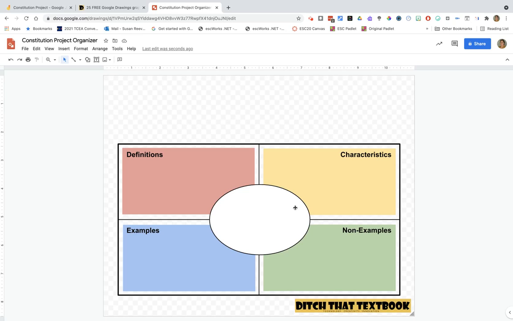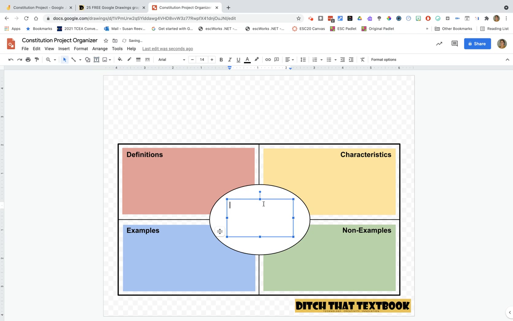I want to go ahead and put the keyword that I'm going to need in my graphic organizer in the center box. And in this project that I'm going to create, I will actually have 5 different frames, and so I will make 5 versions of this. So I'm going to add a text box, and in the center here, I'm going to put